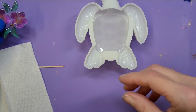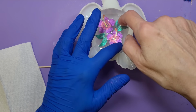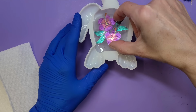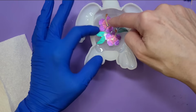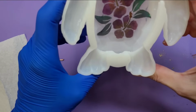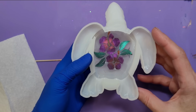So now what we're going to do is fit this down inside of here, just like that. We're going to pour some resin in there. It should stick to it, to be honest, because it's sticky. Just like that. Look, I'm so excited. It worked. Oh. Okay, so now,